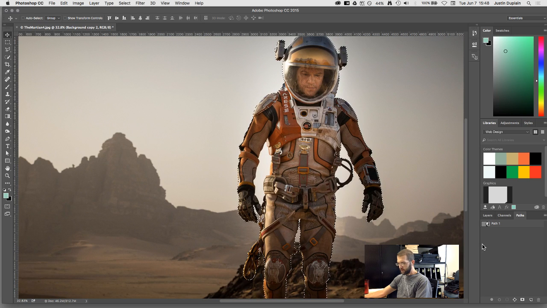Let's see what these little tools say here. This is load path as a selection, stroke path with the brush, fill path with foreground color, add a layer mask, make a work path from the selection. So you can do a lot with this path, including making selections, which I'll probably get into on my next one. But basically now I have the ability to make a selection using the path, coming into my background layer,